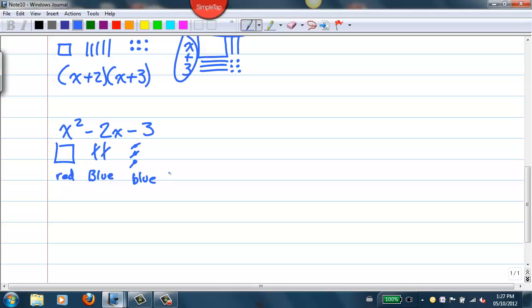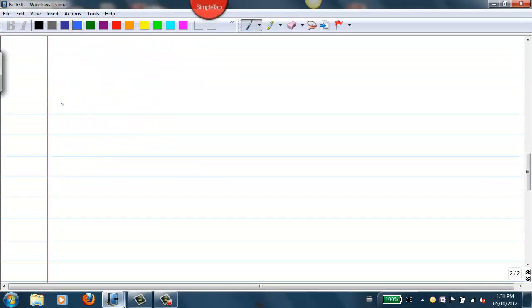So if we look at x squared minus 2x minus 3, you can disregard the red and the blue part there. Oh, not sure what happened. Oh, I must have been doing something on the board. Alright, so let's just pause here. Okay,